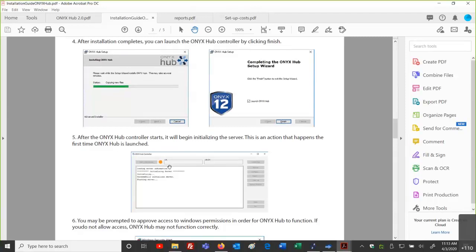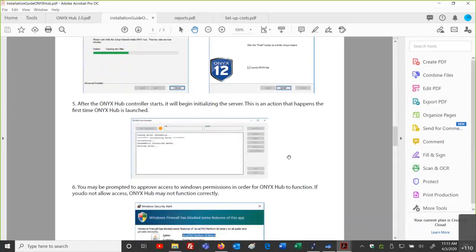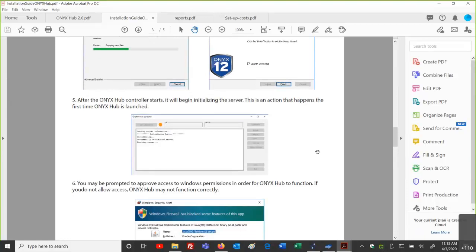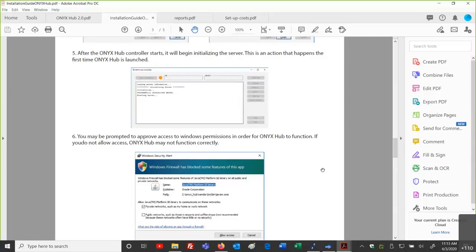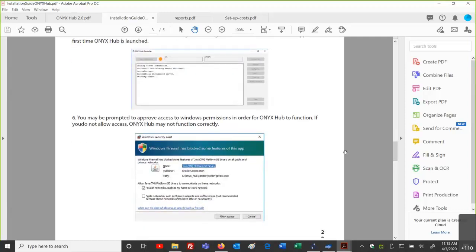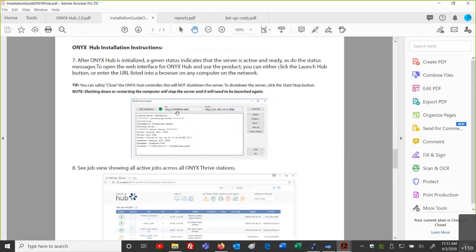And when we look at this controller, the controller part is actually where we go through and do the installation. In some cases, you may experience your firewall blocking the information, so you can make an exception. Again, this may very well be what your IT admin person is doing for you when they install, but they can make an exception to allow for Hub through this part of the software.